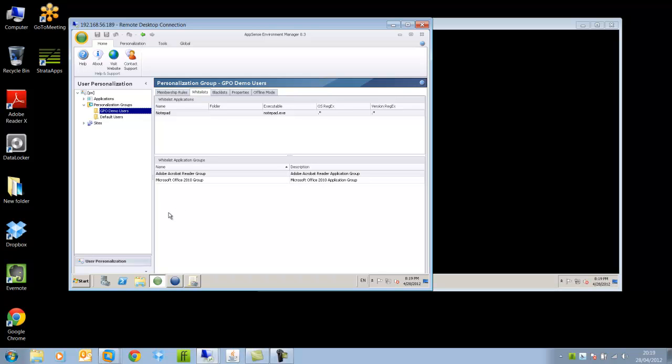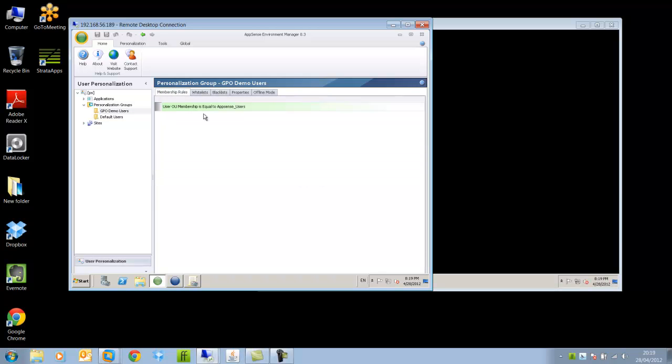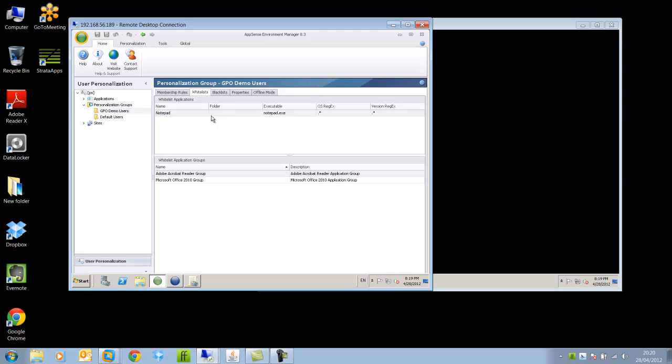configuration here. Now I already have one personalization group set up, my GPO demo users, and a quick look at the membership rule. Fairly simple, just the user has to be a member of my AppSense users OU to be a member of this personalization group. If I look at the whitelist here, I've just added in a few standard applications, Notepad, Adobe Reader, and Office 2010. Now, one more thing I want to show you on this server is if we go into the management console,